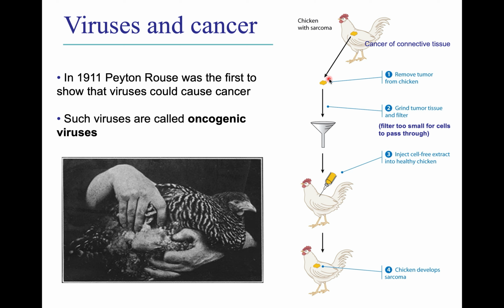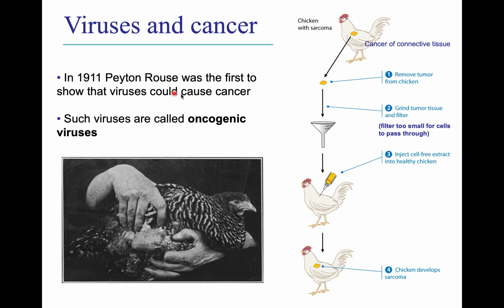He would take the tumor out of the chicken, grind it up, and filter it through a very fine filter with pores too small for cells to pass through. So we're basically eliminating any living cells, any cancer cells in that extract, and then injecting that cell-free extract into a healthy chicken. And lo and behold, you get the same sarcoma developing at the site of that injection. This was 1911,